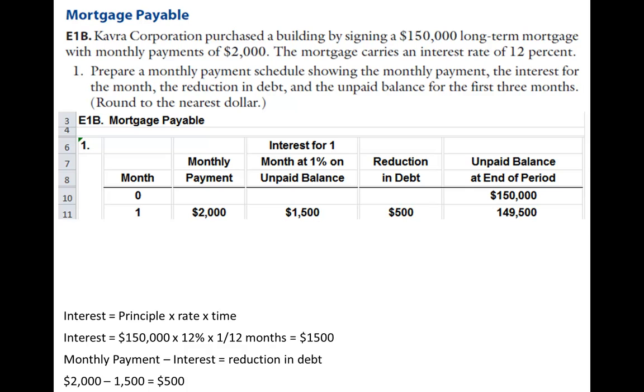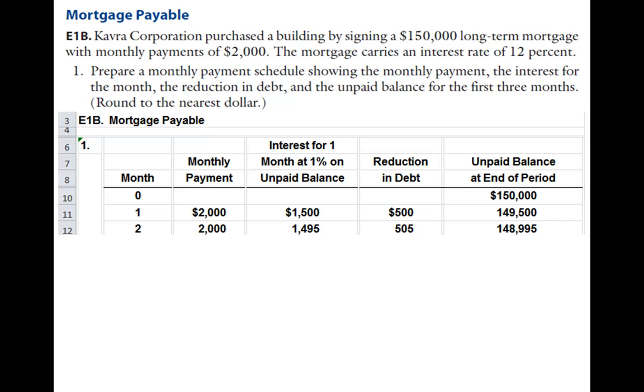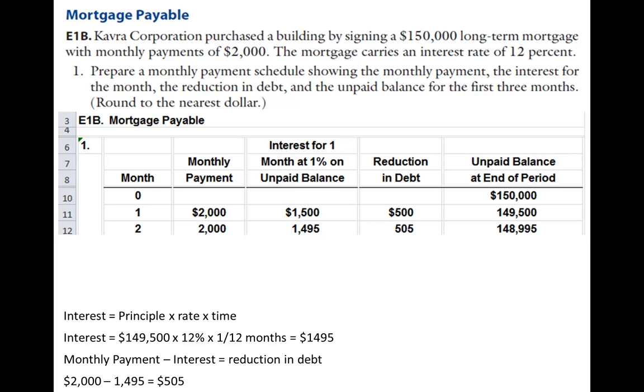Now we're going to do the same thing for month 2. We're still calculating principal times rate times time, but our principal is now $149,500 times 12% times 1 over 12, which gives us interest of $1,495, and then our reduction in debt would be $505. So you can see that the interest is slowly going down, and the reduction in our debt is slowly going up. So our new principal balance is